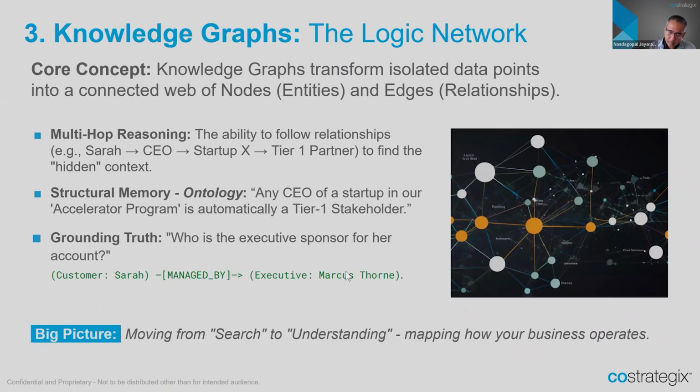But it brings a very important aspect that is missed in a lot of other models that we may have, like for example, a regular relational model or a star schema. Here, Sarah is the CEO of a startup who is also a tier one partner, right? That kind of relationship can be captured. And I'll show you some of that from a demo standpoint, how that kind of helps.